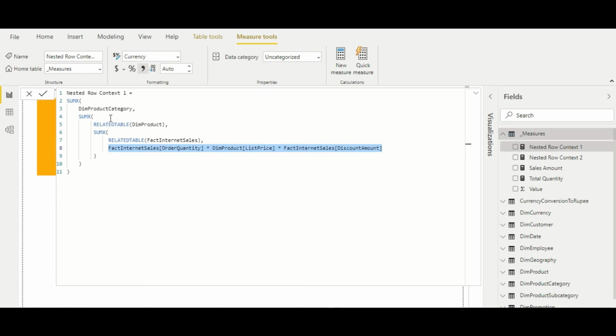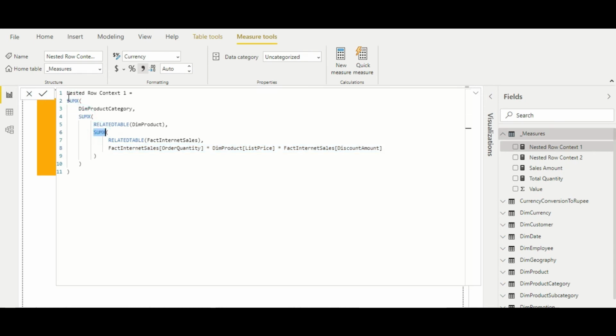Then for the second one. Basically, if I try to give you an analogy about how it is working, you can relate it to 3 for loops. If you have done coding in any programming language like Python or C, you might have seen nested for loops, so you can relate it to like 1, 2 and 3.